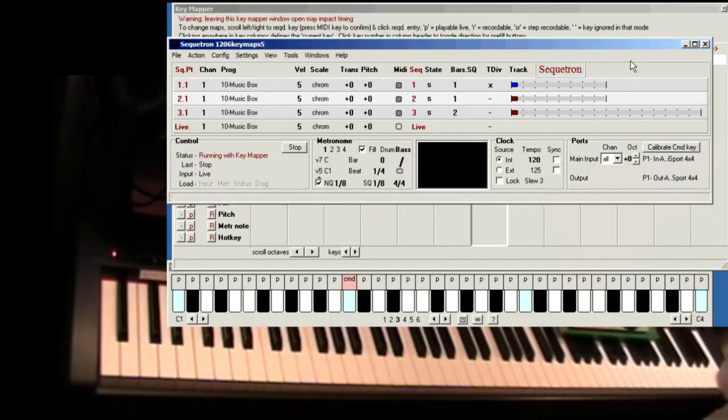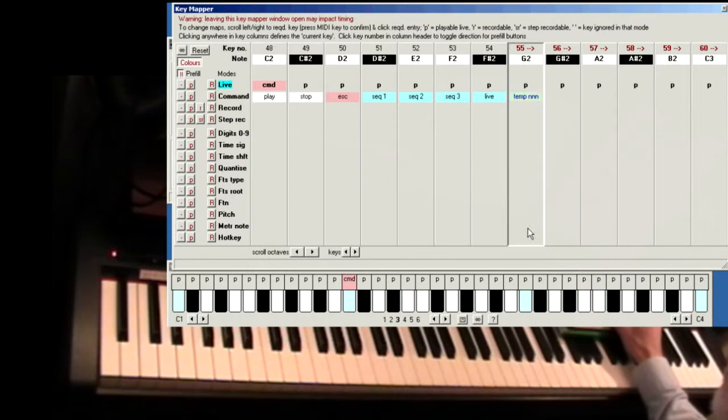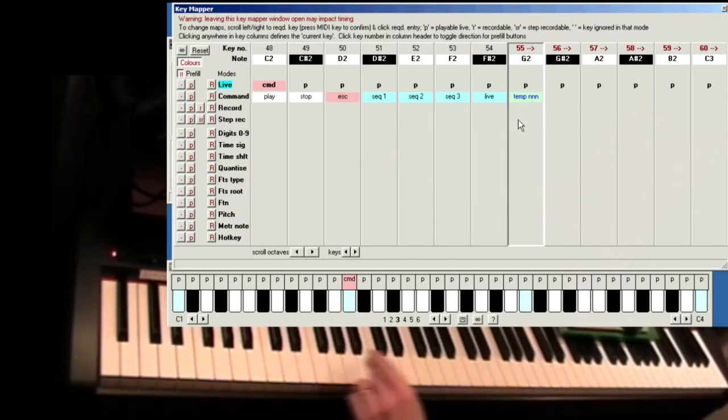Okay, let's look at the final step 4 of the command sequence by mapping a command which needs a data value. We'll use a tempo command for this, which needs the number of beats per minute as its data. There's tempo, and the NNN on the command label is just reminding us we need 3 digits to define the beats per minute value. So we'll press command,